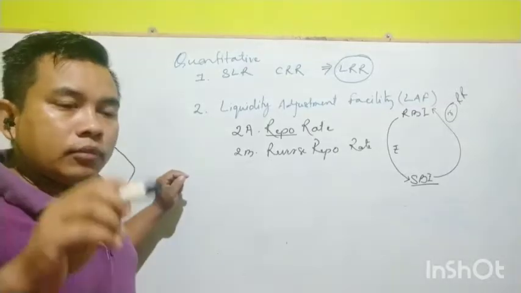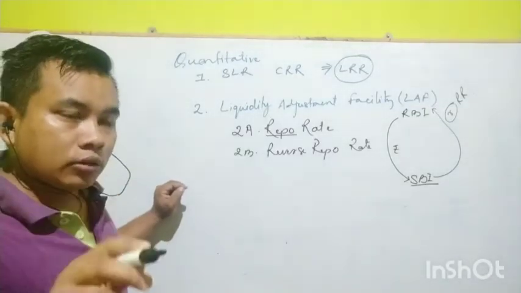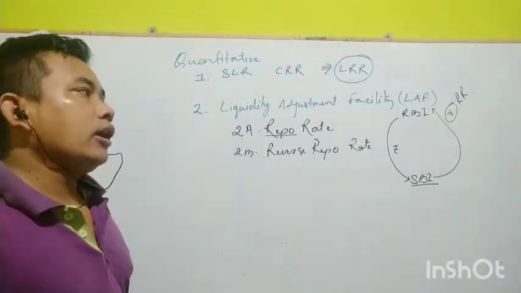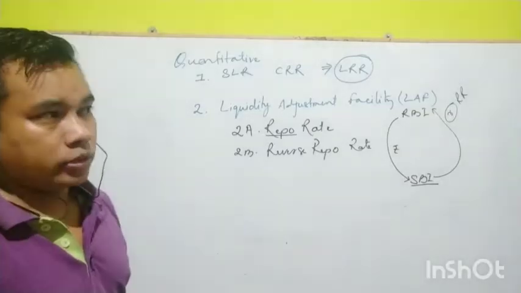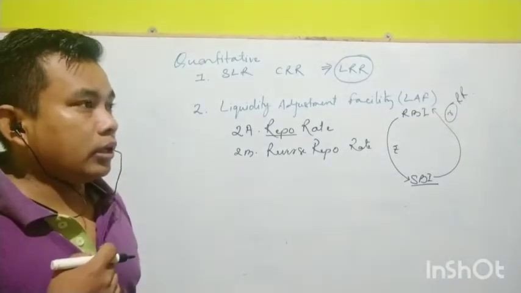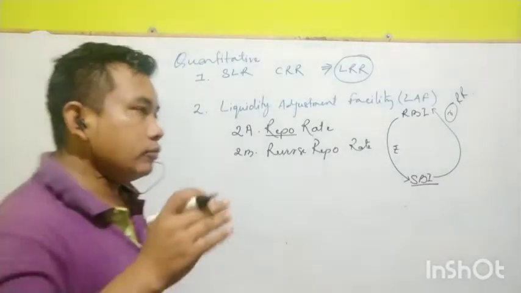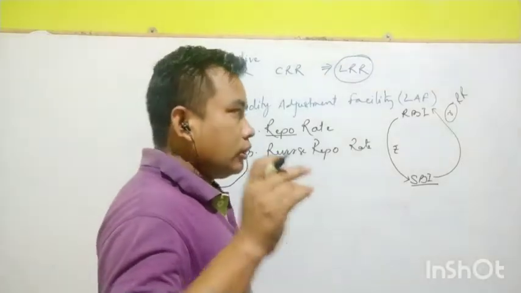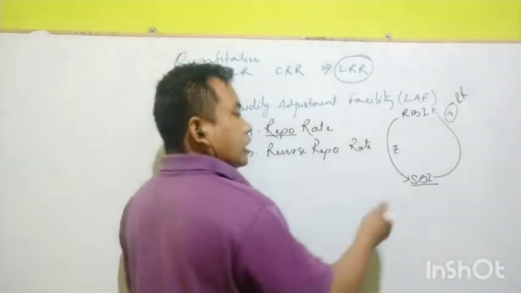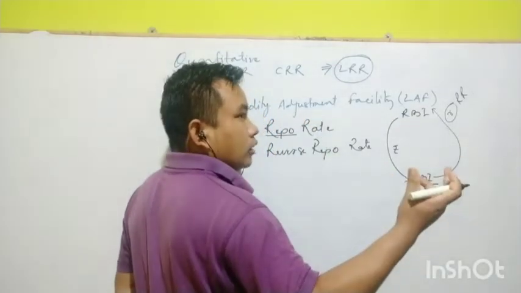In the meantime, you, the individual customer, say I want to withdraw my money. At a time when you come to withdraw, where will that money come from? As I told you, the bank cannot say that I don't have money, because this is the money of the customers like you, depositors like you, not mine. That is why SBI cannot say I don't have money. That is why they have to give money to the withdrawals.